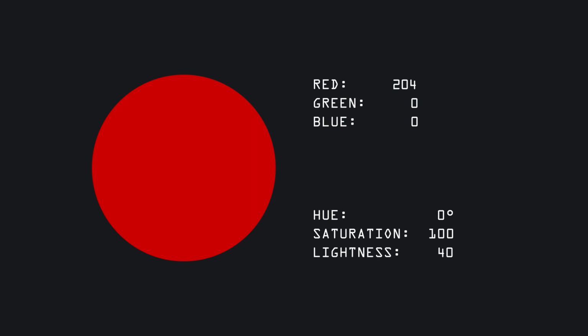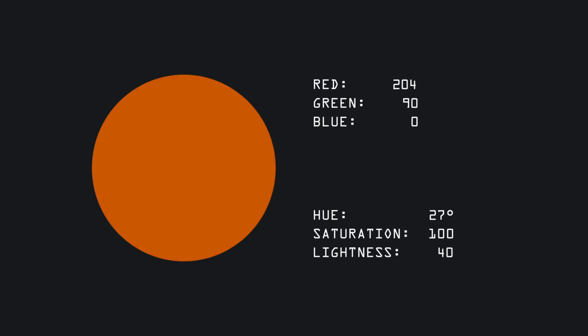So far so good. As we slide towards green in the hue dial, we can see that the green value increases, but red stays fixed at 204. Red stays at 204 all the way to the color that's supposed to be a darker yellow, but really looks like green mustard to me, which is when green reaches 204 as well.